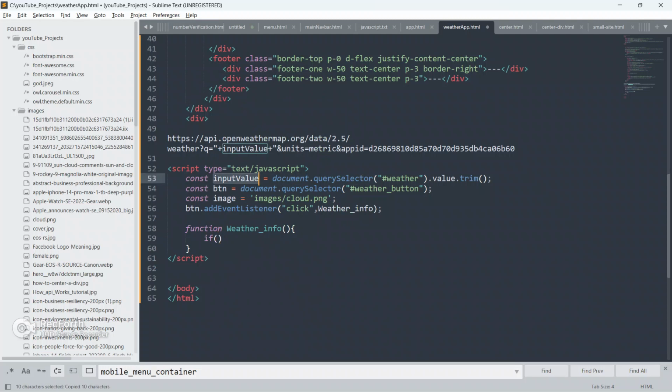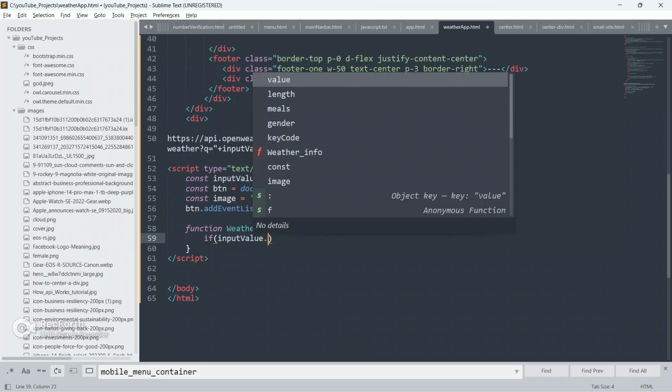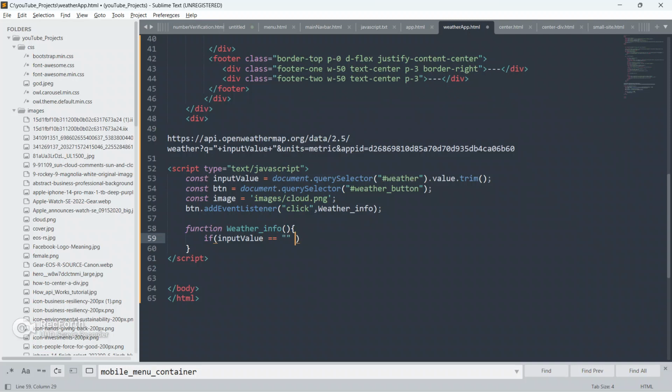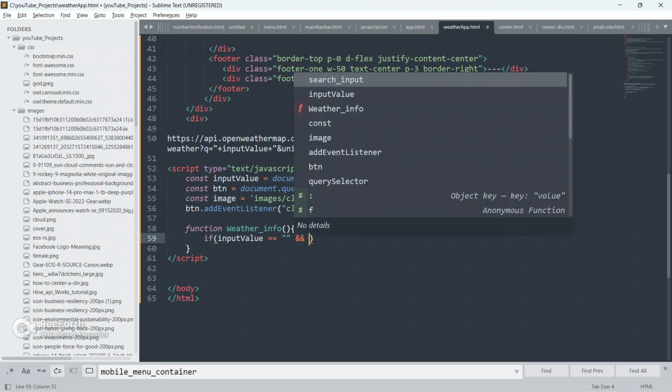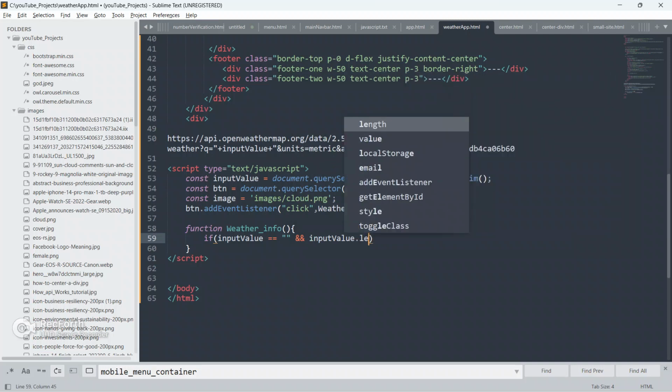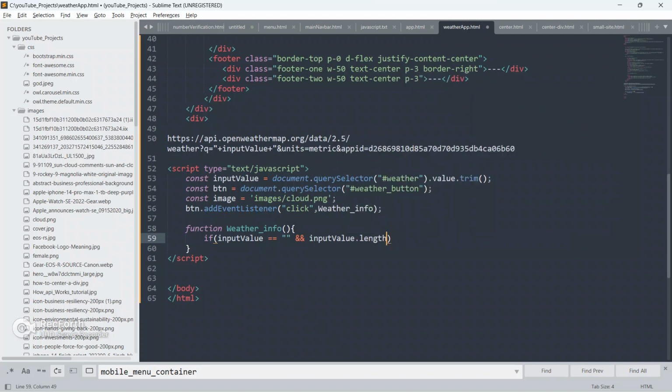If input value dot length is equal to 0, then